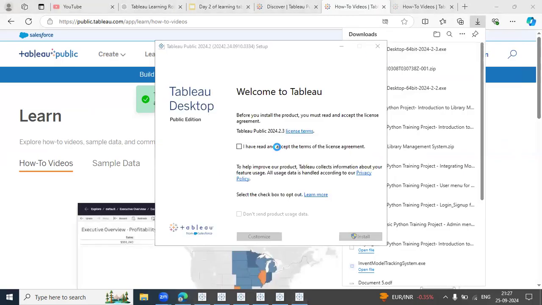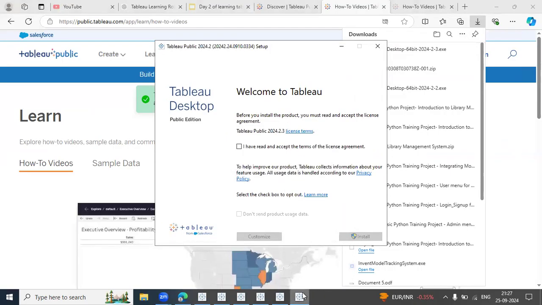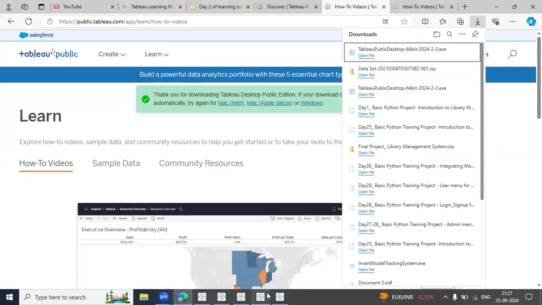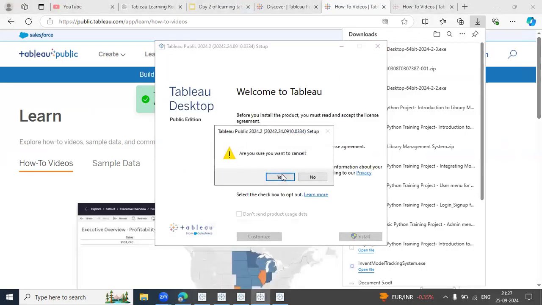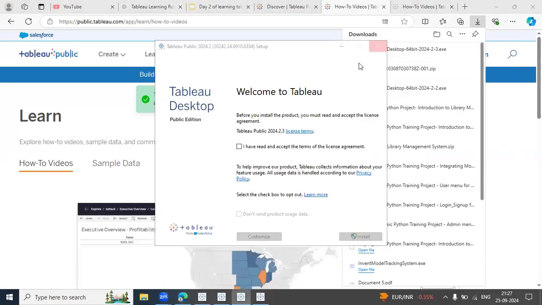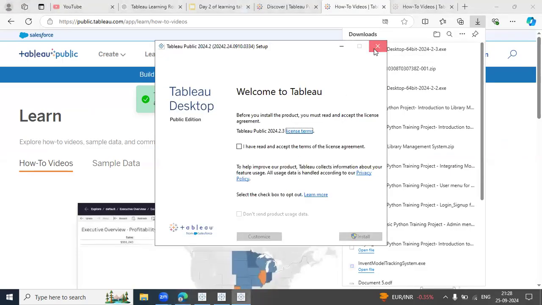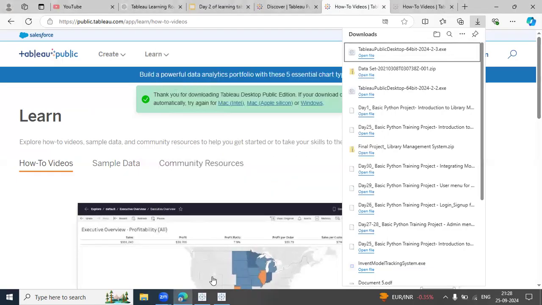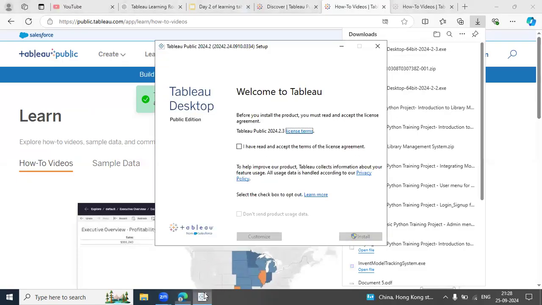Yeah, so here you can see the page will open. I clicked multiple times, so let me remove all of these and just go with one.